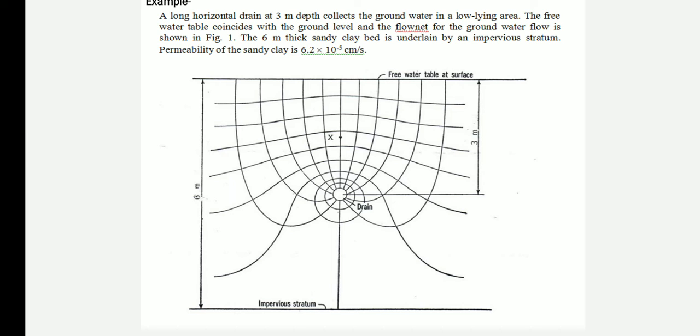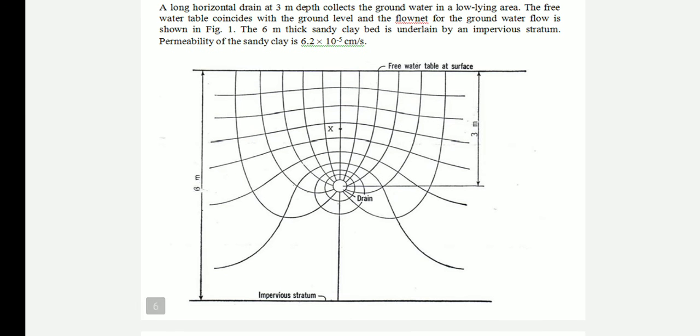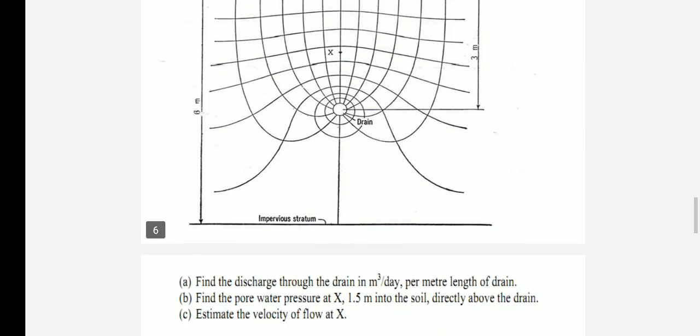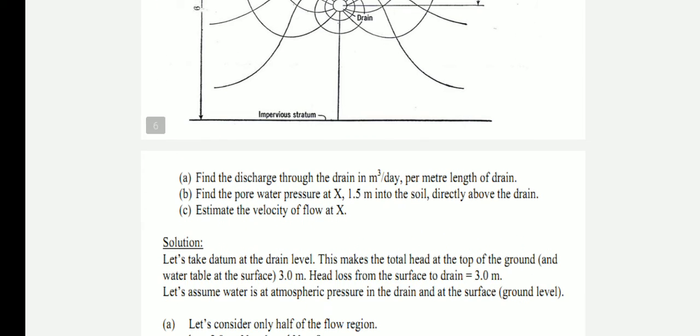So here a flow net is given for the impervious stratum and free water table at the surface at a depth of 3 meter, and the total depth is given, that is 6 meter. So here we have the height from the drain, that is 3 meter and 6 meter, that is small h and capital H. So what we have to calculate: